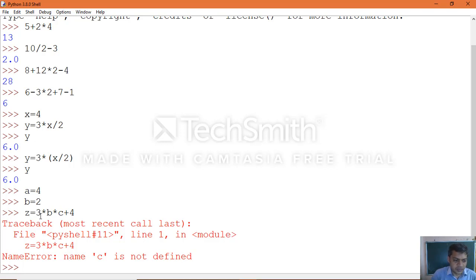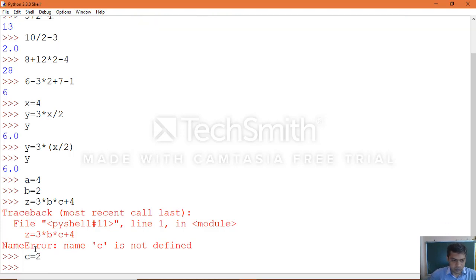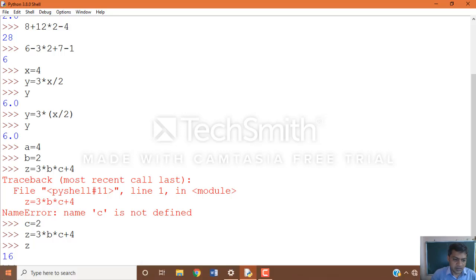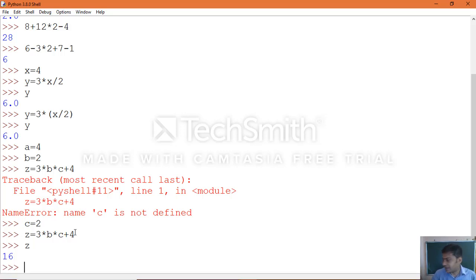Here c is not defined, that is the problem. Let c equal 2. Now apply the expression. Without defining the variables you use, you will get an error when you try to execute. So the z value is evaluated, but until you print the z variable, you will not see the output. That is how you can calculate expressions.